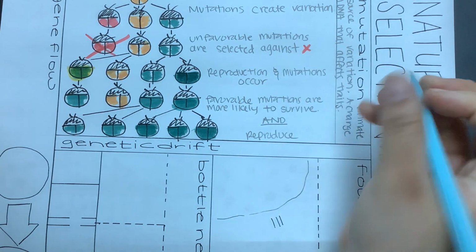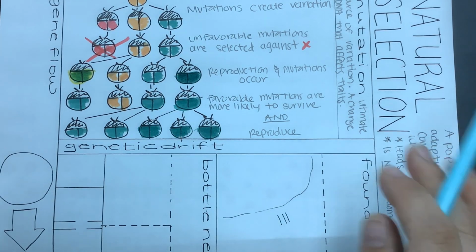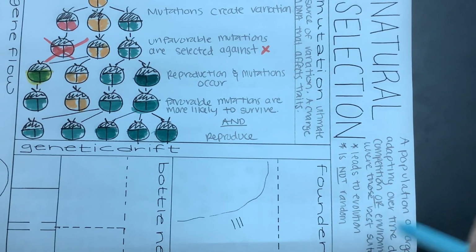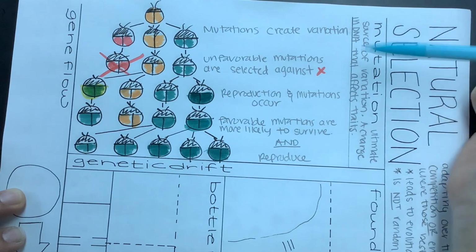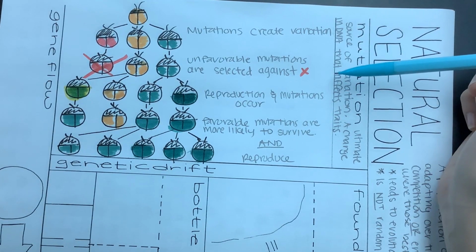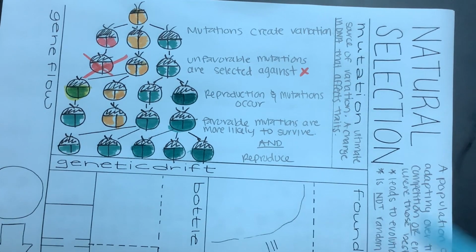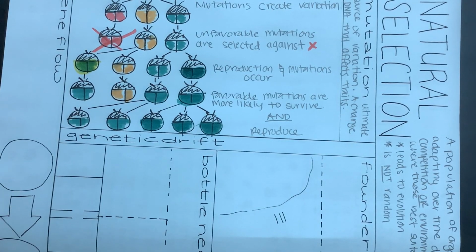And a lot of you are going to say, but isn't that what natural selection is? Yes, essentially natural selection, if you have favorable traits, then you survive. But how do you get those favorable traits? Well, through mutations, and that part is random. Having a mutation is the random part. Natural selection in itself, the process, is not random. That's what I'm trying to explain here.